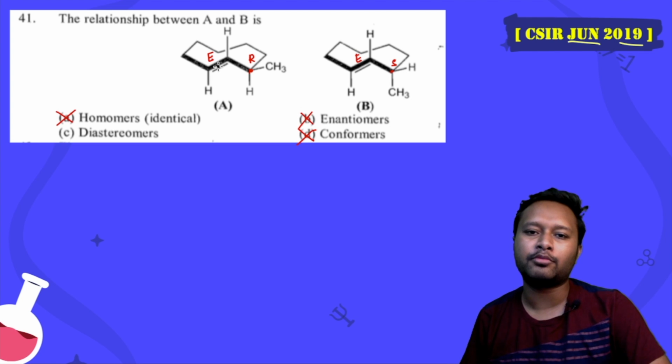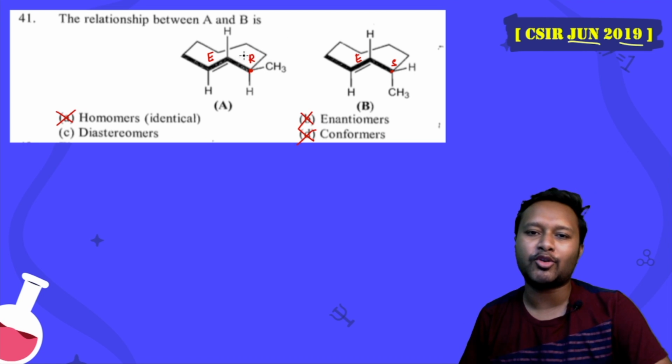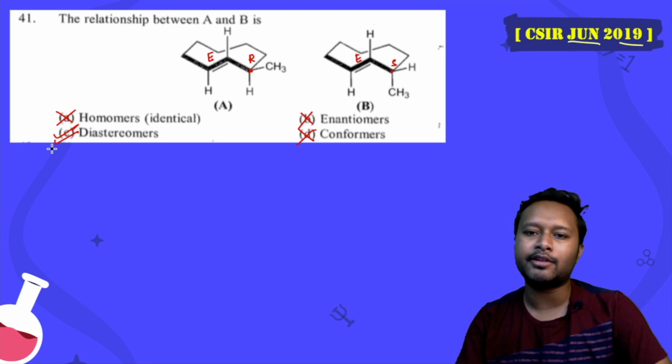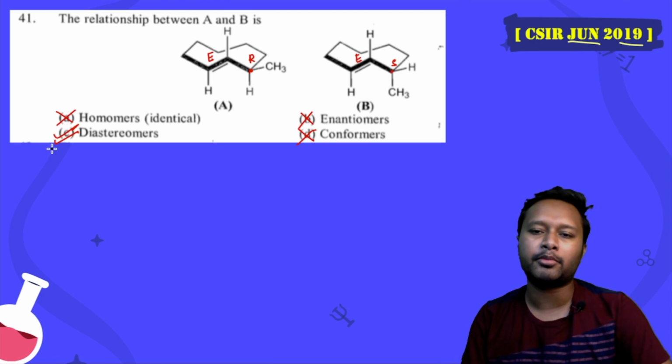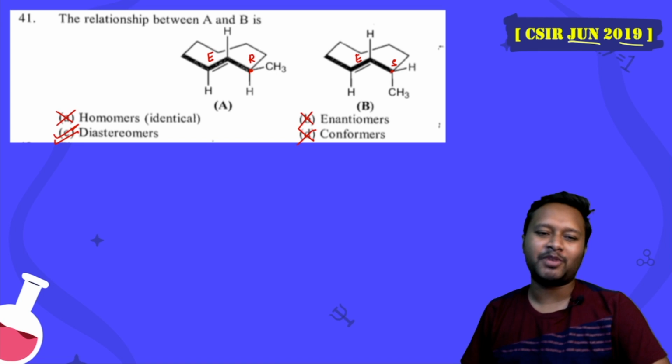So it's not enantiomer because one of the configurations is remaining the same, the other one is changing. It can be R or S. I have not done it, I am just telling you randomly over here, but you can check it out. So one of them will remain the same, the other is changing, that's why they are diastereomers. That's the simple logic which you have to apply to solve this. You don't even have to find out the configurations of these chiral carbons. Alright guys, let's go to the next one then.